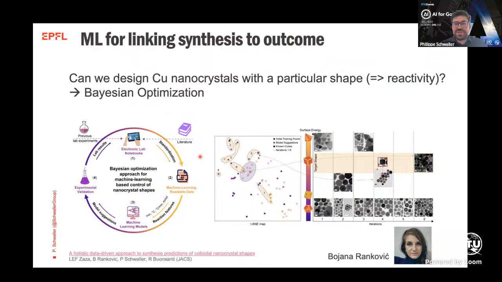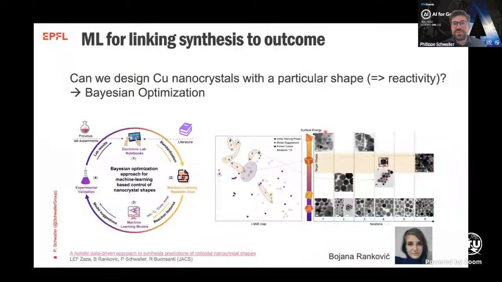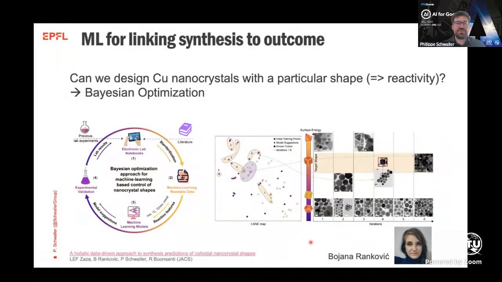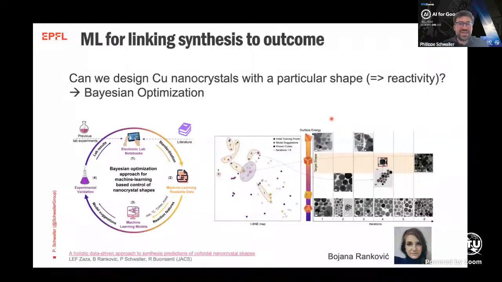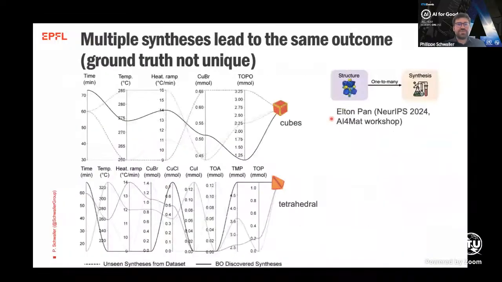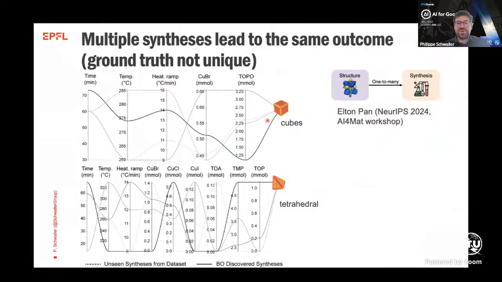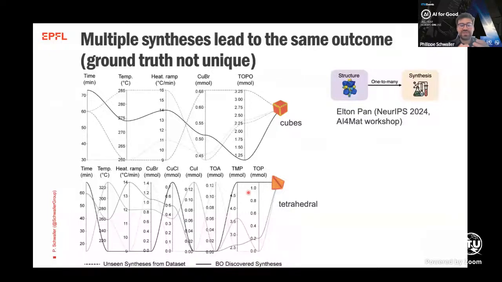So would it not be amazing to be able to target a specific shape, and so reactivity, with a Bayesian optimization algorithm? Because shapes are just labels by humans, we converted the shapes into a continuous surface energy scale, which allowed us to target specific values on that scale. What we observed is that removing all the cubes but targeting cubes, or removing all the tetrahedrals from the training data but targeting the tetrahedral shape,